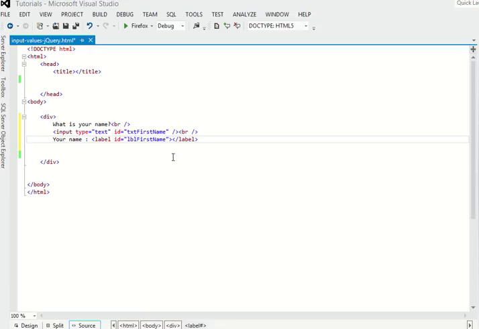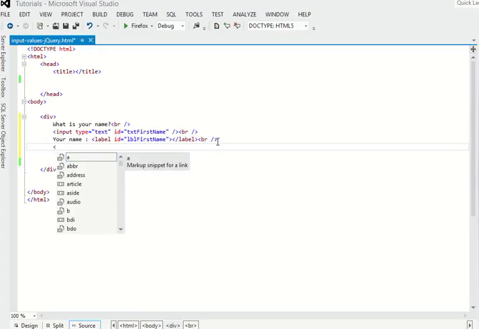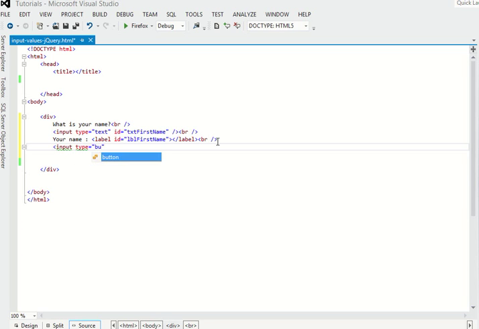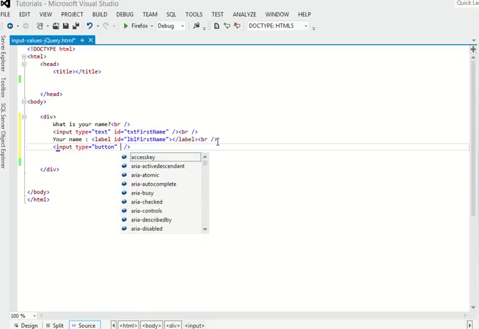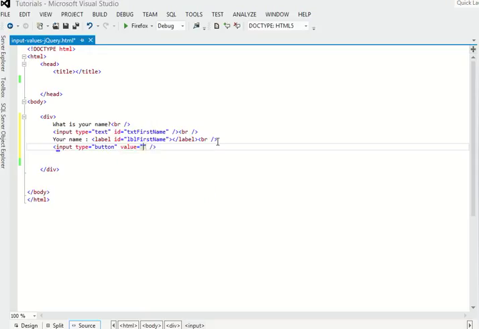All right, and then we're going to add another break. And then we're going to add a button, input button, type equals button. Okay, and the button, we don't really need an ID. We're going to just put the value as submit data. Okay, and then